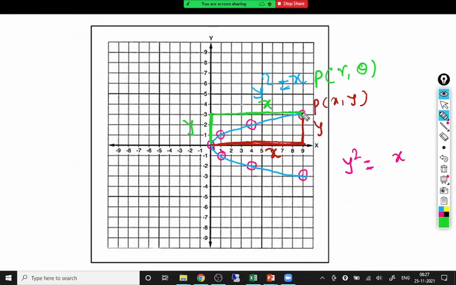What I have to do is join that point with the origin. That line is r, that length is r, and the angle made by that line is theta. So we have that theta and r here. Theta is the angle made by that line segment OP with the positive x-axis. R is the length on that angle theta line. Can you tell me what the relation is between Cartesian and polar coordinates?